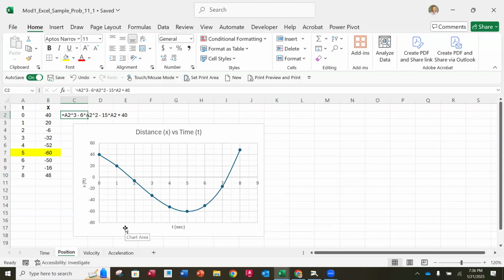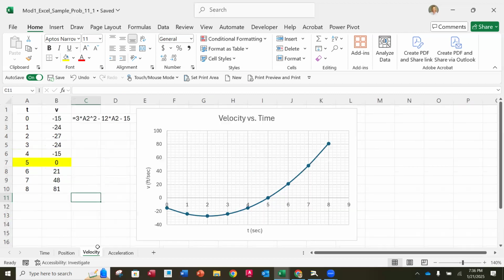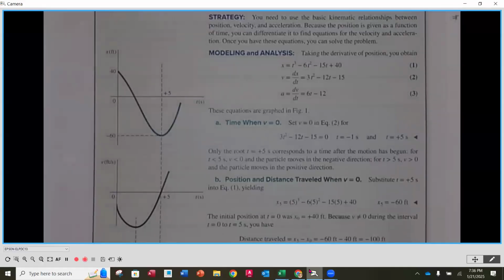The next tab, and again, I'm not expecting you to do this all while I'm talking, because I'm going to give you time after this to do this. The next tab is going to be the velocity, okay? Now, the velocity, we're going to use that first derivation of the position in relationship to the time, okay? And this is the equation. So if we go back underneath here,